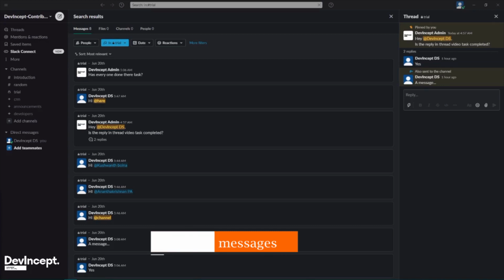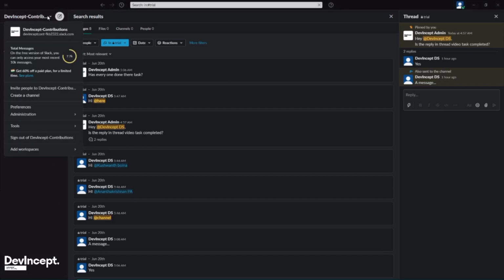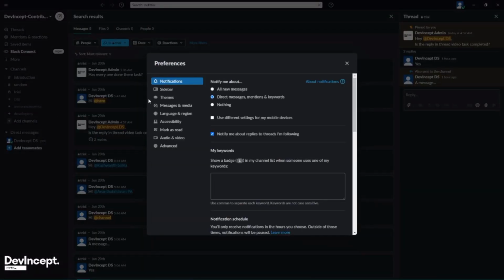As you understand, if someone DMs you a message, then for sure you should get the notification. But you might be added in multiple channels, and in some of the channels you might not want to get notifications for each and every message. So what you can do is you'll get the notifications panel from here. Just click on the channel, click on the preferences, and now